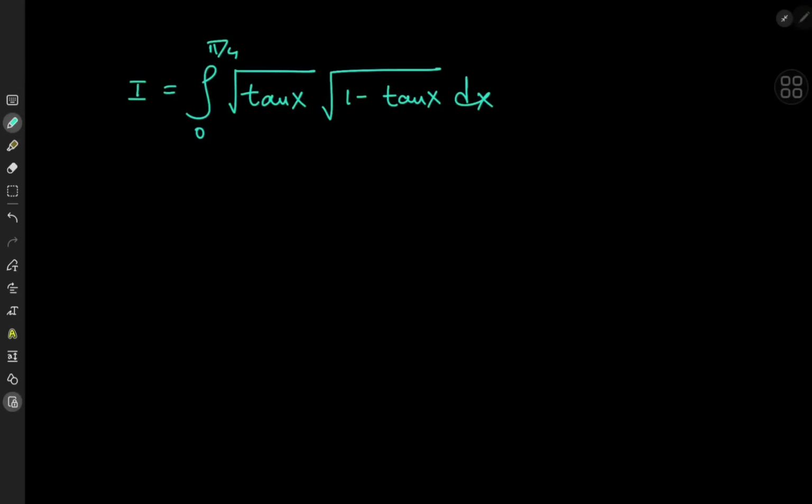Today we have a very interesting integral. And to be honest, it doesn't look like that much. I mean, it shouldn't be hard by the looks of it. We have the integral from 0 to pi by 4 of square root tangent x times the square root of